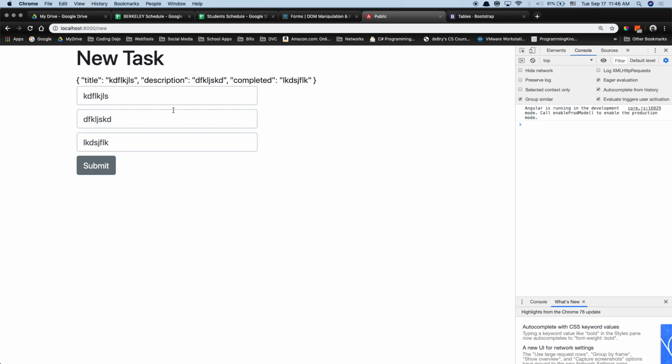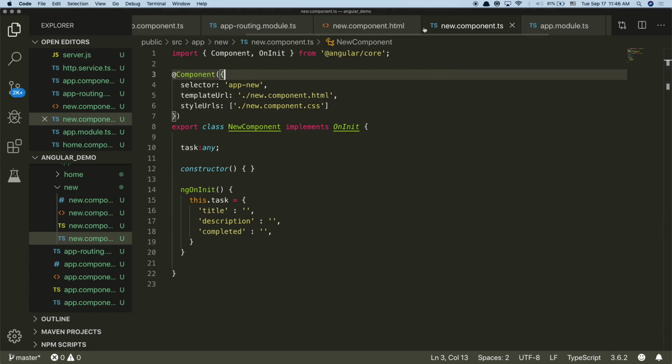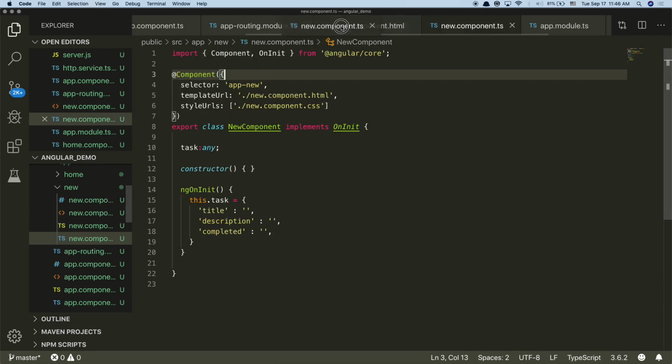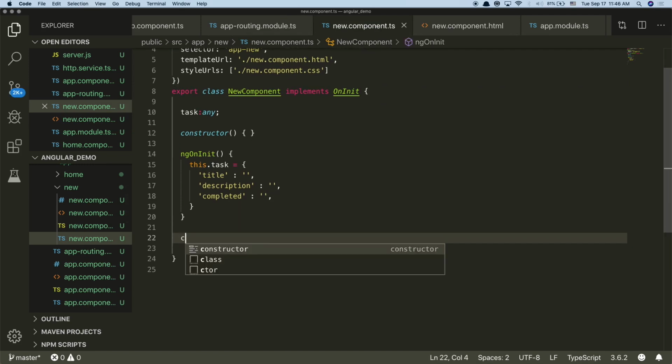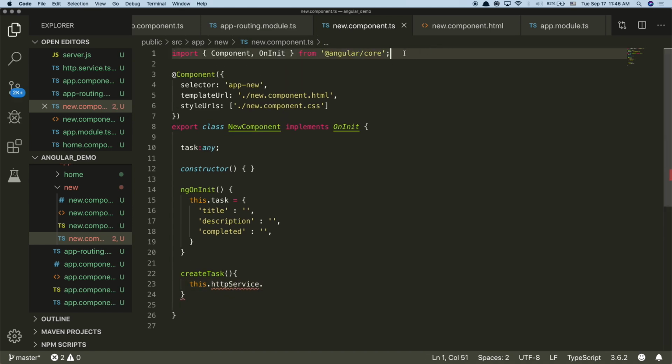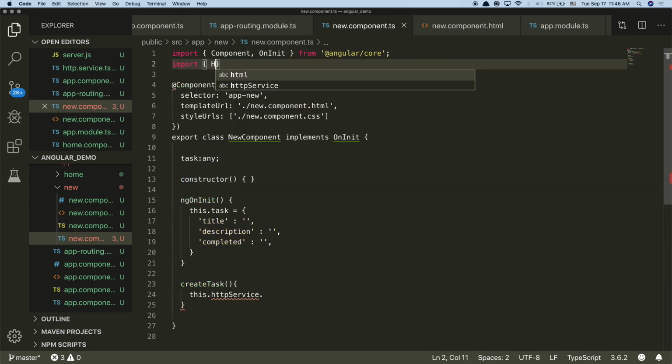Okay, so now if we were to hit submit, we need a function that needs to be invoked inside of the new component. So what does this part look like? Instead of this action, what am I listening for? Submit. Okay, so on submit, I'm going to invoke the createTask function, right? So then in my component here, I need to build that function, createTask, and this is going to call this.http service, which we actually need to import here. So let's import our HTTP service